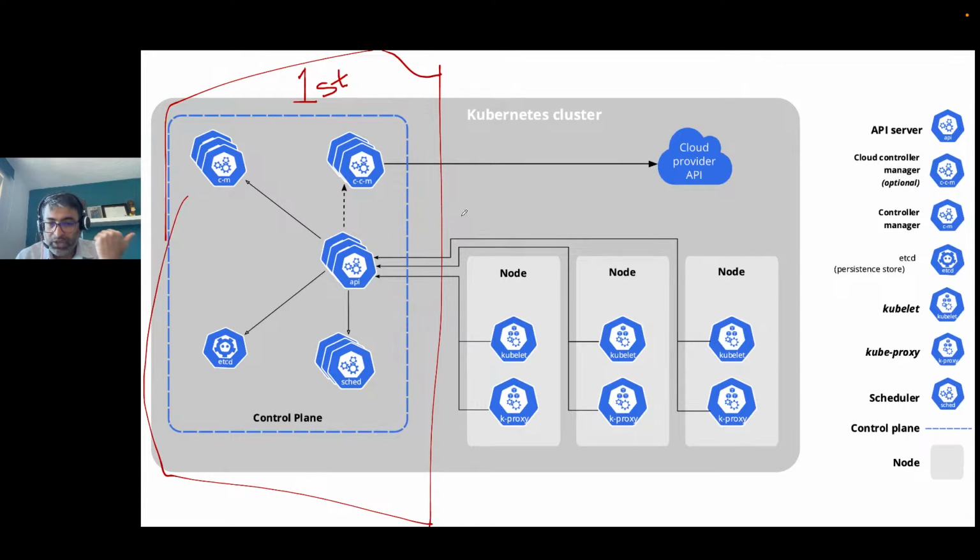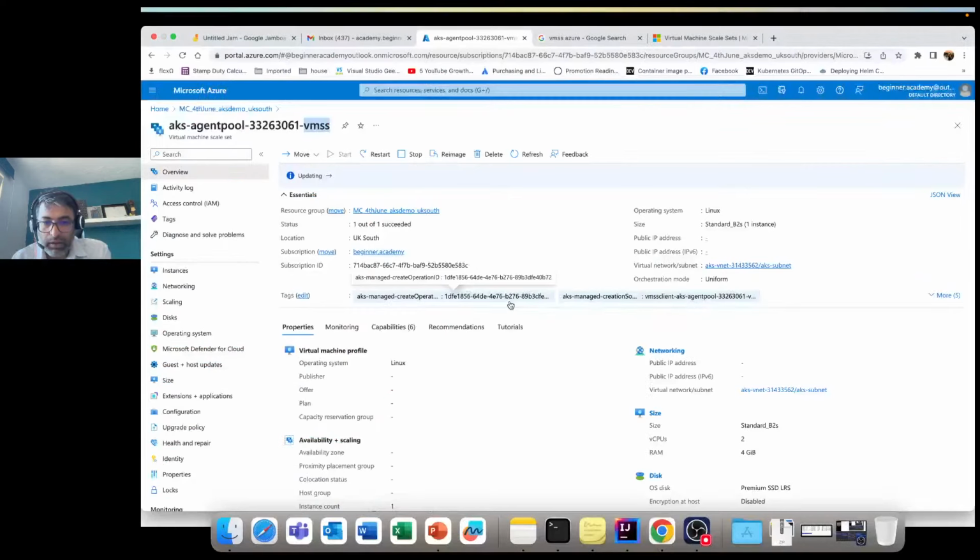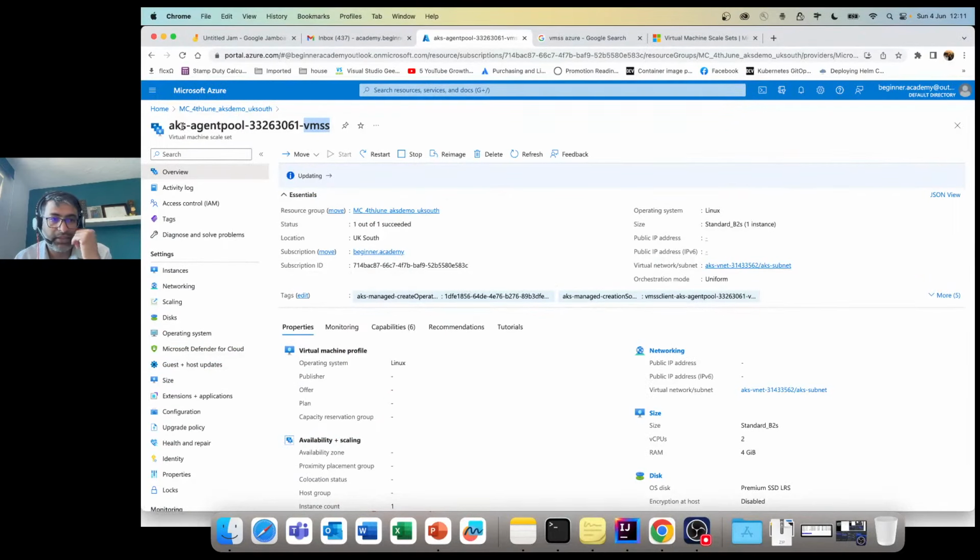So when I said virtual machine, right? Virtual machine scale set, that is basically these nodes. Currently I have chosen only one node. If I wanted to scale it up, I can do it. This is our virtual machine scale set, which contains one or more nodes. So under the hood, our AKS is creating a virtual machine scale set. According to how many virtual machines we have selected, it will go and create